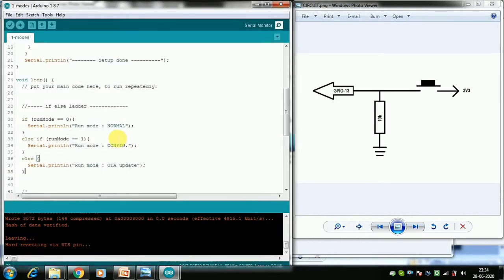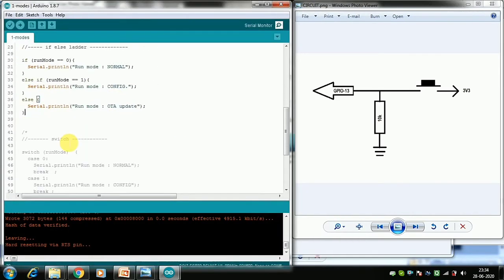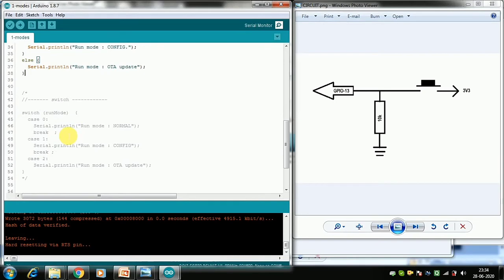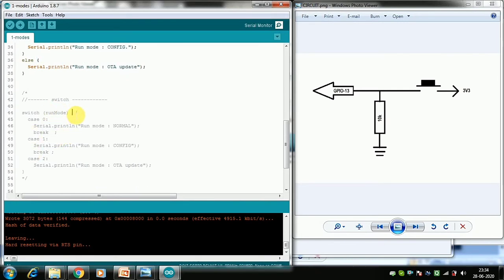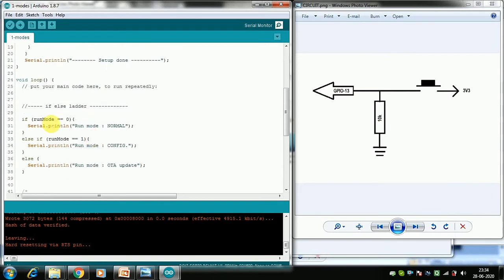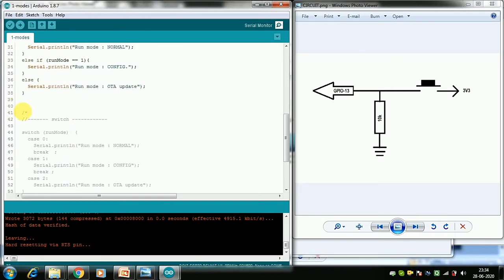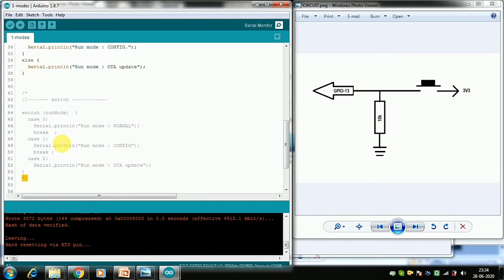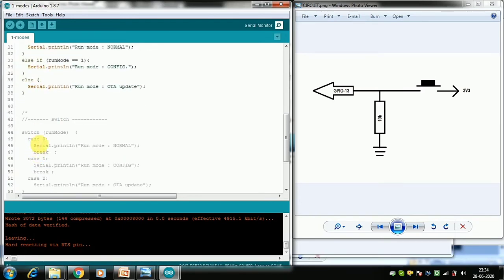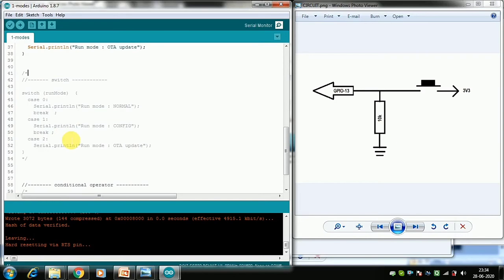So there are other ways of getting your device into different modes, because you want to do some C++ also. So there is another way of doing it, which is a switch command. I will not run it here. What I suggest you do is comment out this part. This is the multi-line comment symbol. You can comment out the if loop and instead remove the comment from here and run the board.